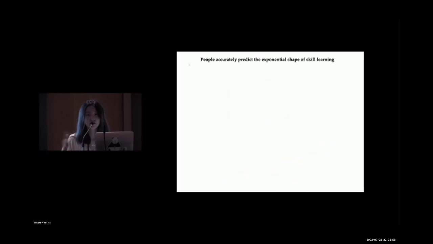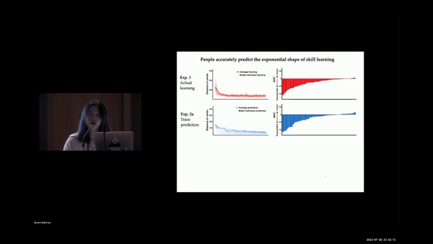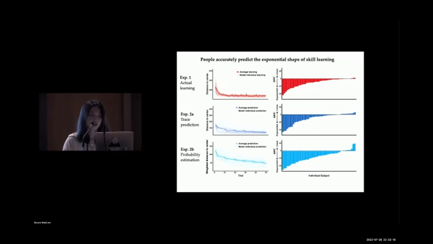So now, just putting all the results back together in one slide, we show that in experiment 1, participants learned lollipop in a way that replicated previous results, that skill learning unfolds exponentially over time. And in experiment 2A, we show that participants can accurately predict the shape of learning as unfolding exponentially. And we further validated these results in experiment 2B using a completely different method. We see this as converging evidence that what we're getting here is actually something concrete about participants' representation of learning. Although not shown here, we've also replicated the sets of data in in-lab samples.